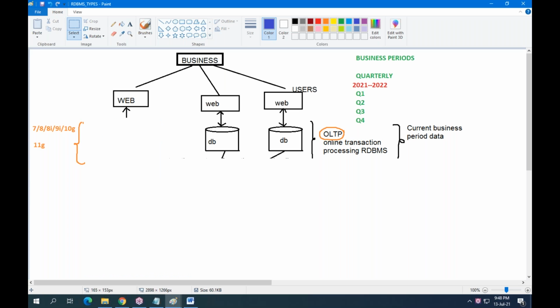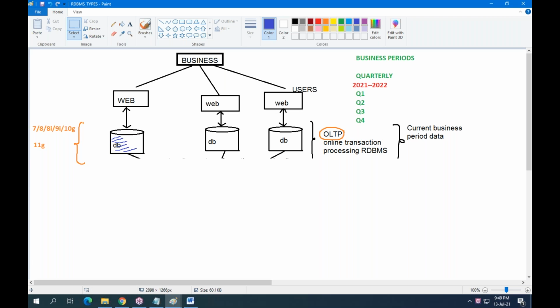The data was corrupted, it's gone. Then the business people lose all the data of the business. It's very, very dangerous. That's why any business cannot maintain all the data in one place. It's a fact.